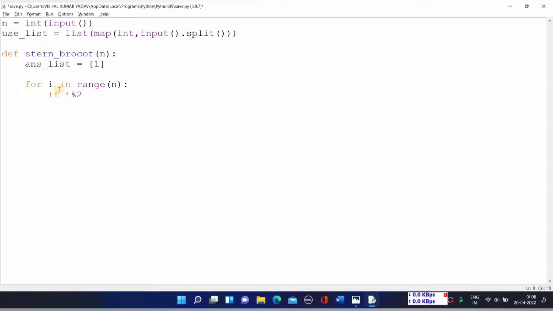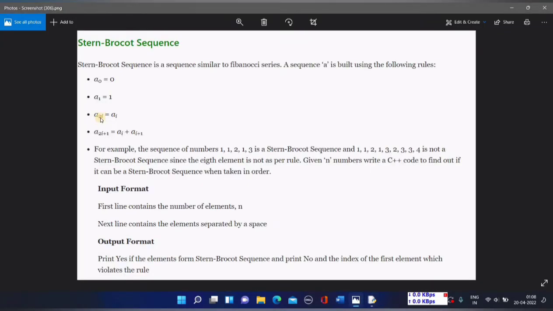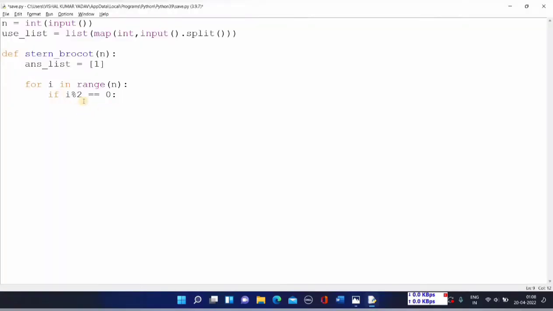if i percentage 2 is equal to 0. What does this mean? As you can see over here, this is 2i. What does 2i mean? It means this term is basically an even term. Suppose I have to find the a8 term. How can I write 8? I can write 8 as 2 into 4. So ultimately I'll be finding the fourth term. How did I get to know this? Because the number 8 is an even number. That is why I've written if i percentage 2 is equal to 0. It means if the term I have to find is an even term, then in that case,